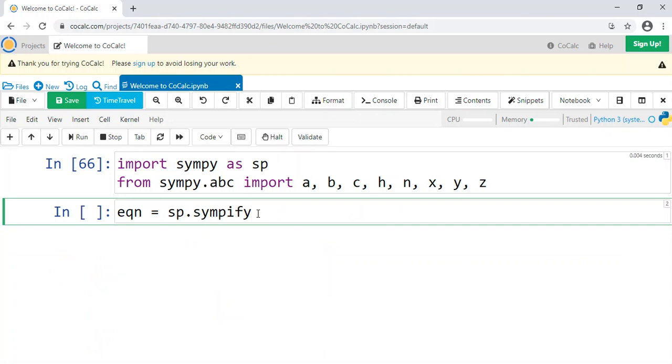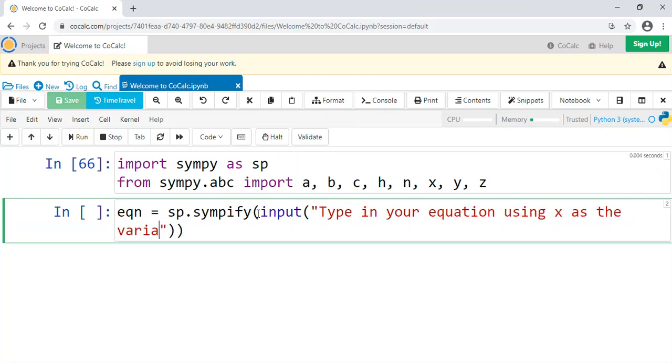It's very clever. And then your input, and then type in your equation using x as the variable and EQ formatting, please. That way you're giving instructions, because you're going to need them to type it in the right formatting for this to work.